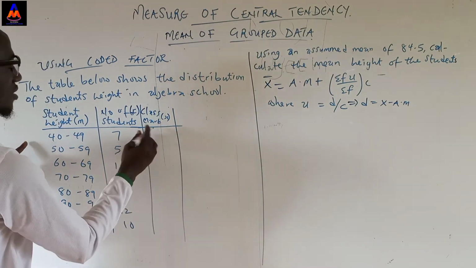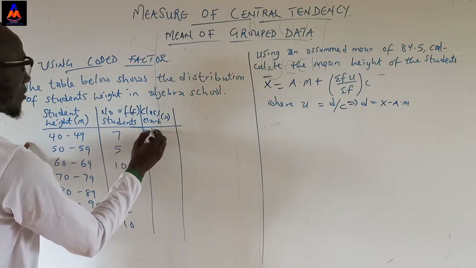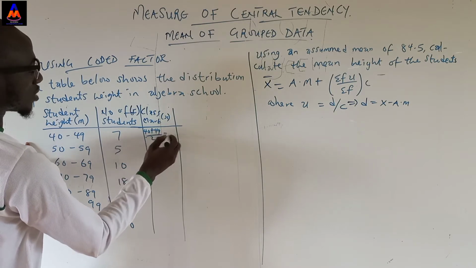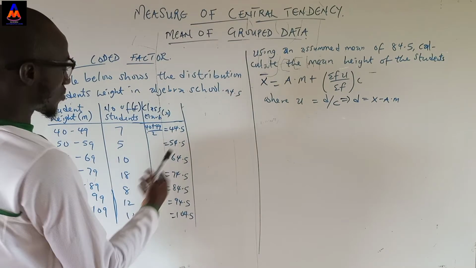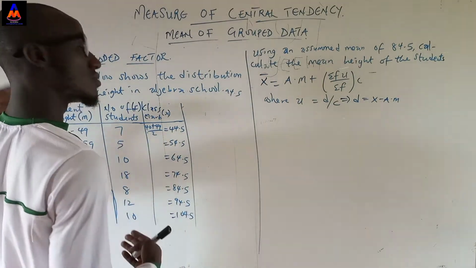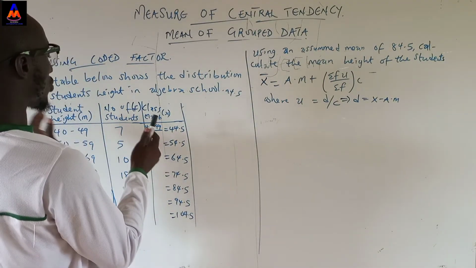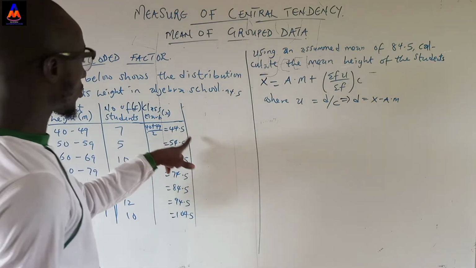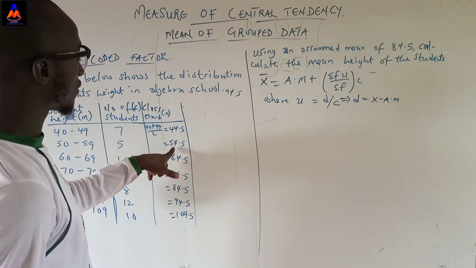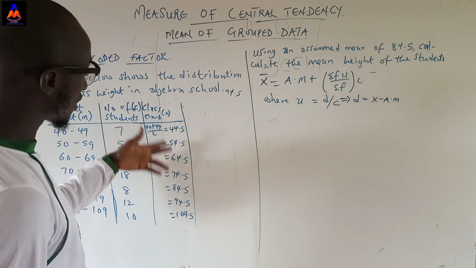and that means in this case it's going to be 40 plus 49 divided by 2. I'm just going to do this one and get back. See here, we have gotten our class mark. I have explained this in the previous lecture that we did. So all you have to do is to find the average of each of the class interval. This is 44.5. Looking for the second one also is 54.5. Then I showed you how to get the next one.